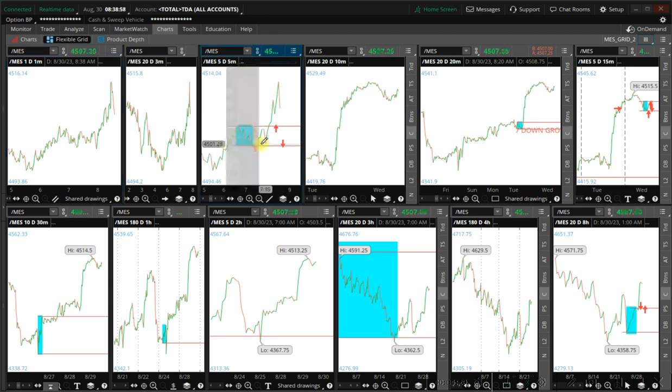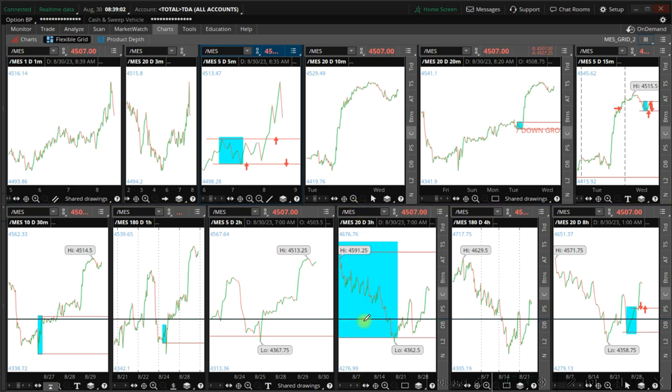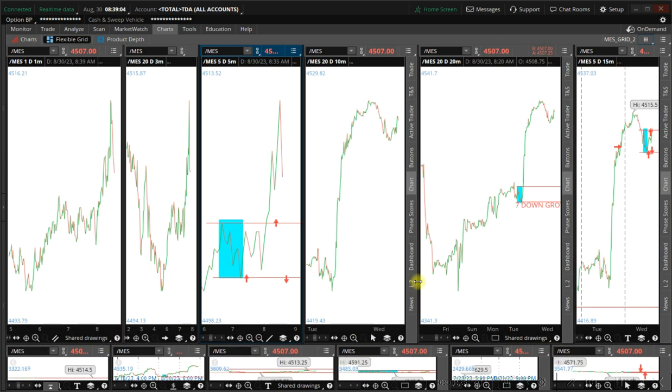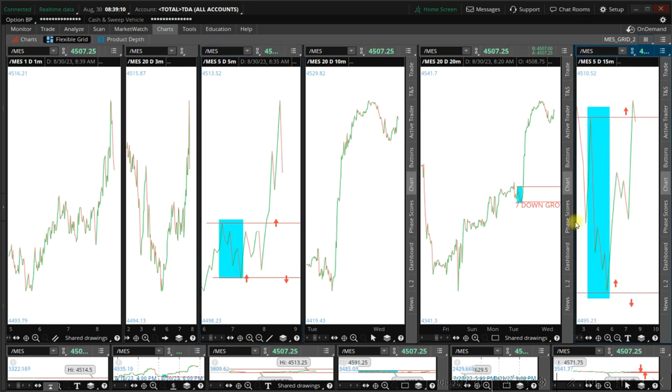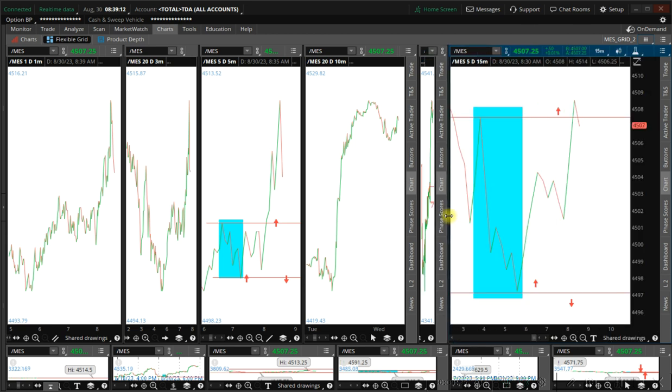frame grid. Okay, we're looking at that one here, the 5-minute time frame, and we're looking at the 15-minute time frame. Yeah, right there. Okay, so keep your eye on this here. Okay, again, we have to find out what's going to happen in this area here. But we broke the top here, so